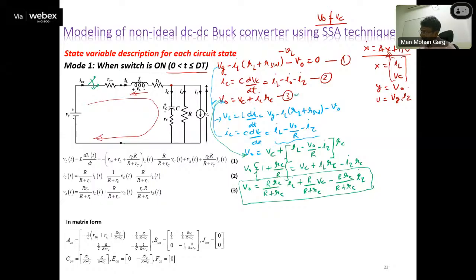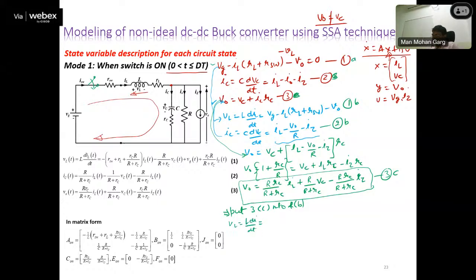Now we go back and try to solve equation number 1. If you put this value of V naught in that equation, so not this, sorry, we can take help. Let's say these are A, B, C. So this is 1B. No, this is 2A, 2B, 3A. This is 1B. This is 2B. And this is, let's say, 3C. So we put 3C into 1B. Put it back here, then this VL, which is L di by dt,